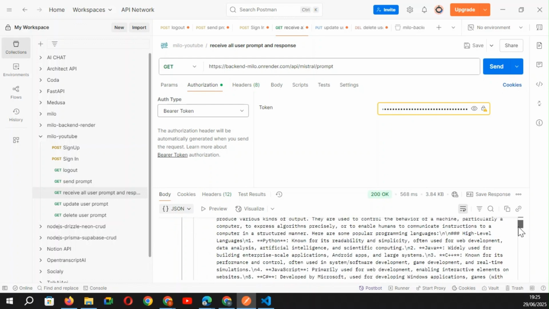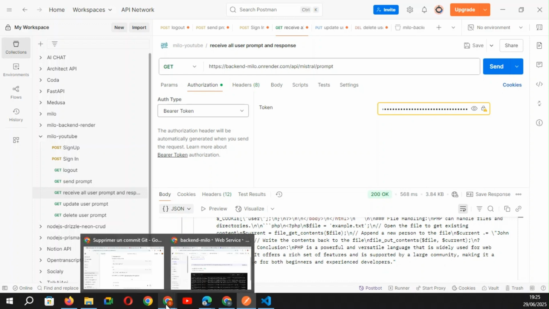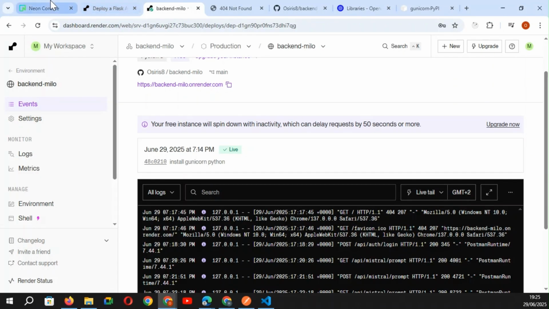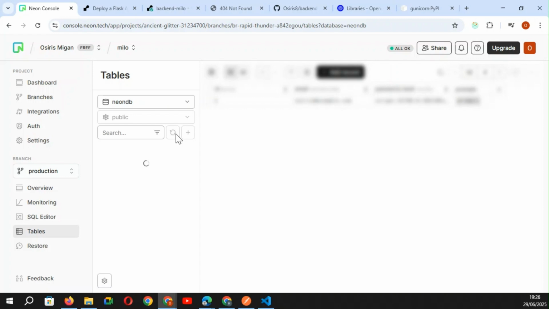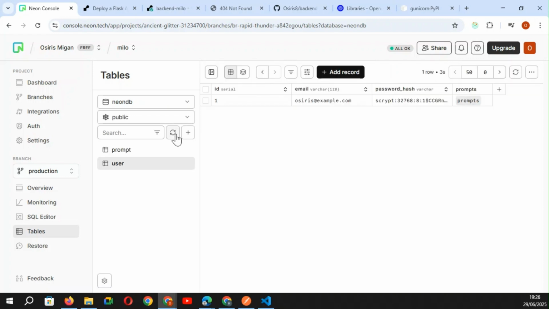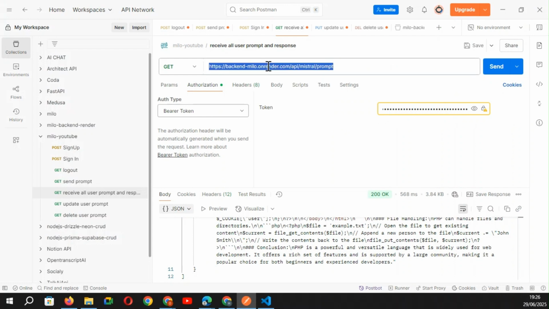Okay, great. And also if I try to refresh my database here, yes, to refresh my database and my tables, prompt, programming language PHP. Okay, finally,